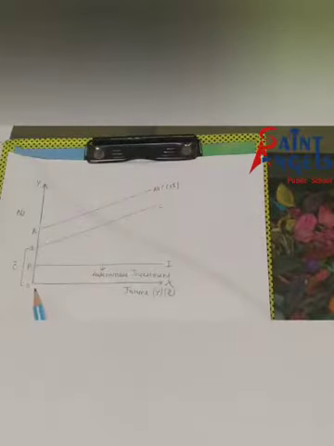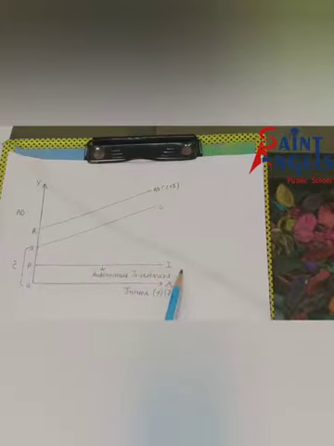So the level of income will be different on the x-axis, but the value of investment will remain the same, constant. That's why the investment line is parallel to the x-axis. And we can see that this investment is autonomous investment, because according to my table,